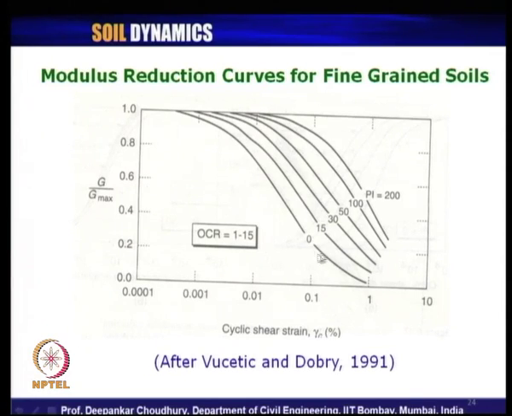So, what I want to mention, look at this value of PI. What does PI 0 mean? PI 0 refers to a cohesionless soil, not a fine grained soil, right. So, that is why there is no plasticity index. But now, if we think logically, if you want to apply your mind logically, does it mean that for different types of sand, whether it is dense sand or medium sand or loose sand, the modulus reduction curve will remain the same, a single line? No.